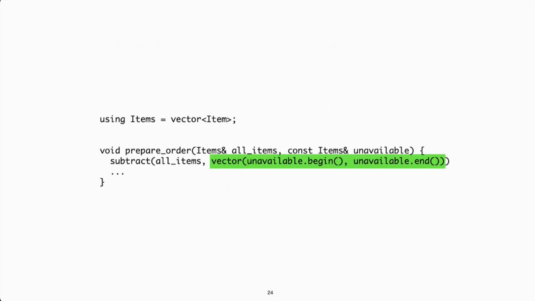Also, a couple of months later, you start to notice this pattern is recurring quite often in the entire code base. And this is called a defensive copy. It's defensive in the sense that copying unavailable, which is what this line is doing here, will prevent unintended mutations when the referred object is the same as all items. In all other cases, however, this is a completely useless copy. And in fact, it's recreating the performance issue your function had when it didn't use references. So it seems like we made no progress at all.